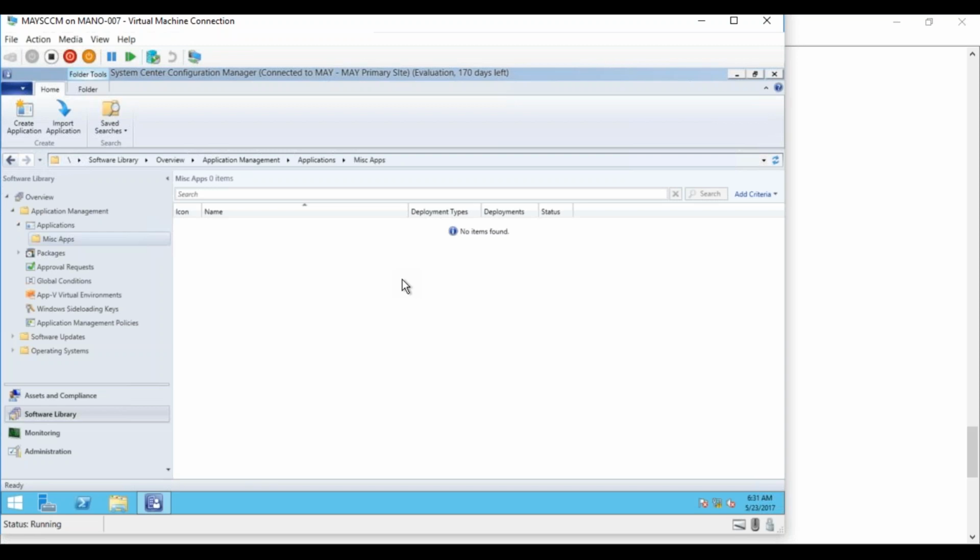Say suppose you want to install that application on a few machines and uninstall that application on a few other machines. So what you will do, you'll create one package, but you'll have multiple programs, one to install it, one to uninstall it, right? Similarly, here also in SCCM